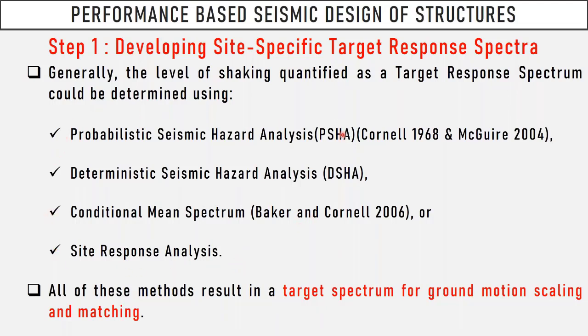Again, you are going to work with an earthquake engineer, a ground motion expert, to choose one and proceed. And what you are going to have is the target spectrum. Using all these approaches, you are going to have a site-specific target spectrum. Why? Because you have to produce a set of ground motions to be used in the analysis phase, and you will go through a scaling and matching process. That's why you need this target spectrum.